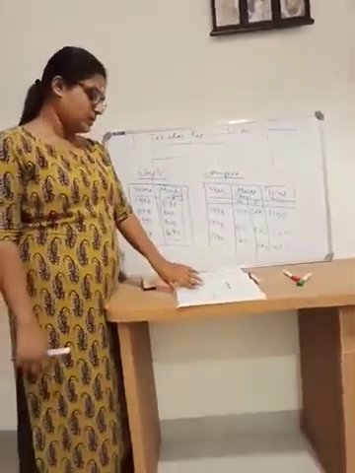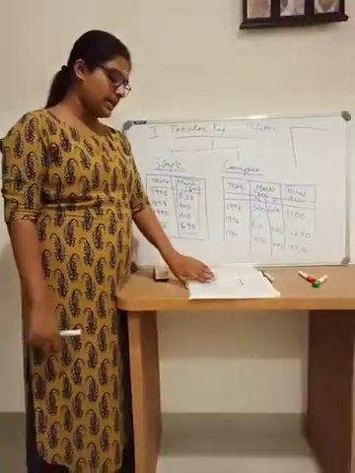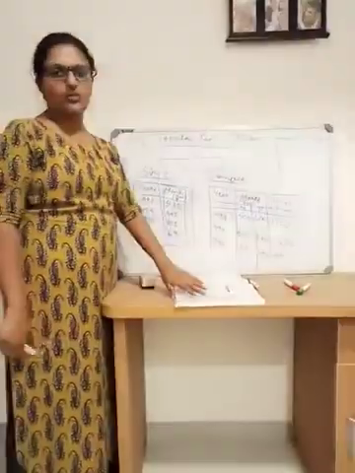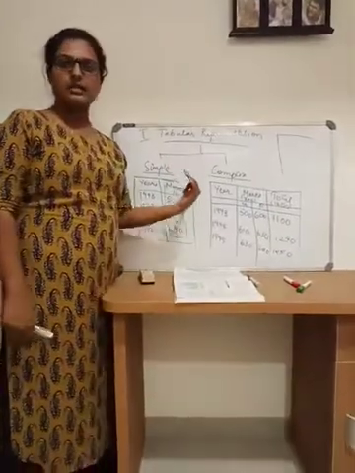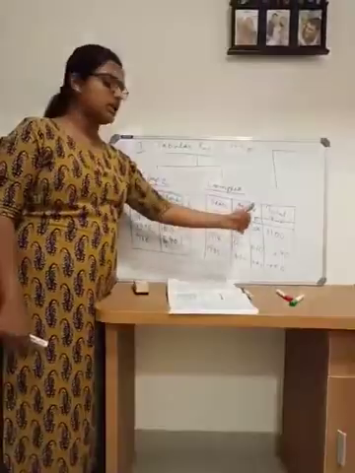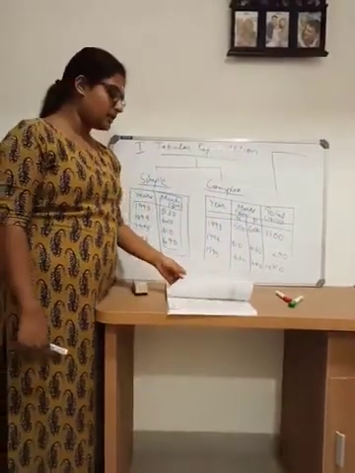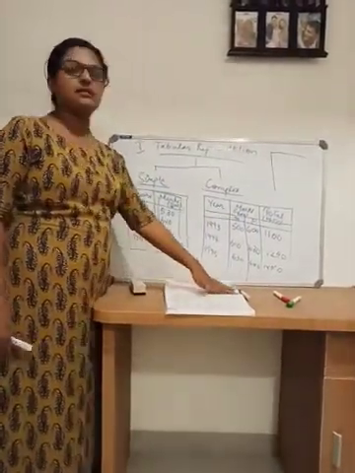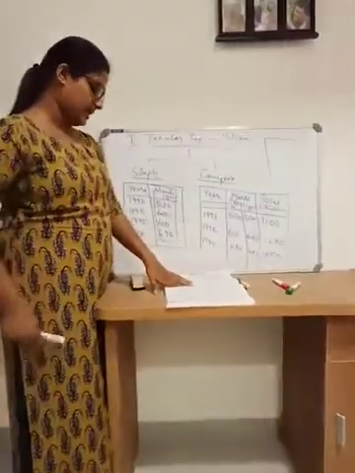So a simple table means it is data relating to only one characteristic of the data. Here, marks, the highest marks. Here, what is the highest mark for female and what is the highest mark for male. A complex table means two or more characteristics will be shown in it.